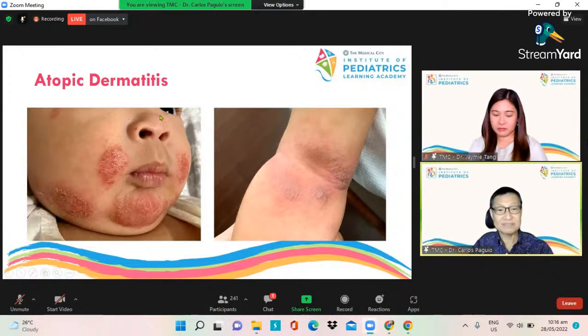Atopic dermatitis comes out a little bit later on in life, about 3 months and above, more or less. And it comes out in these special areas around the cheeks, inside of the thighs. Ito po yung thigh, ito po yung sa likod po niya, yung tuhod, yung lower leg, tinaas lang po namin. You can see the eczema right here. And then also in the inside of the elbows. Yan po ang traditional, pwede rin pong kumalat-kalat sa katawan, but traditionally, these are the areas of classic atopic dermatitis in infancy.